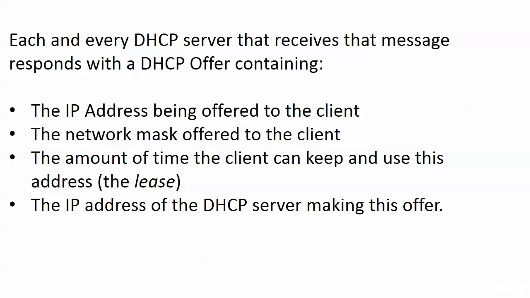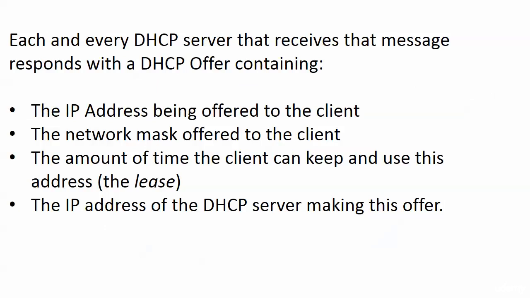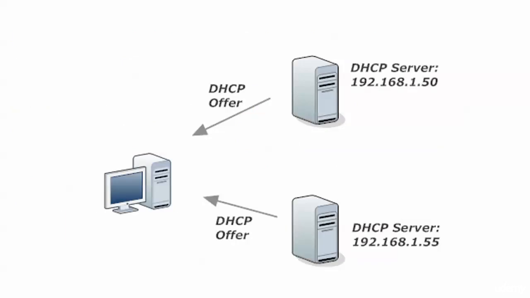Now, in a lot of networks, this particular host with the discover message is only going to be able to reach one DHCP server. But on other networks, that's not the case. You may have redundancy and you may keep them both online all the time. And you could have a wonderful situation like this because we'll take all the redundancy we can get. If we have two DHCP servers that can actually answer that initial message, they will both send back DHCP offers. And you can see they're coming from two different servers,